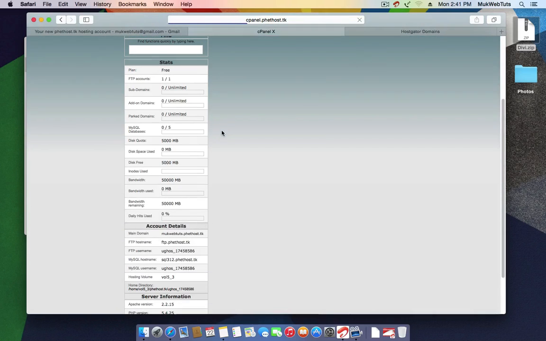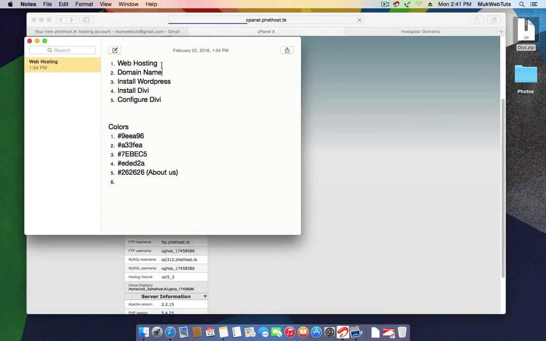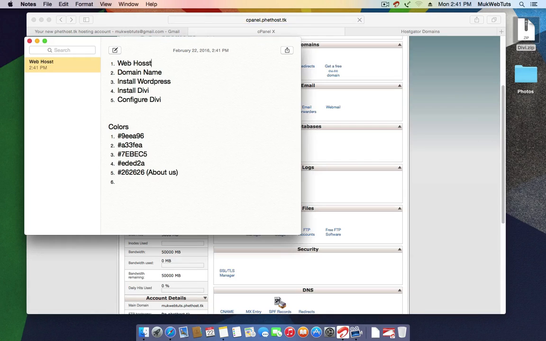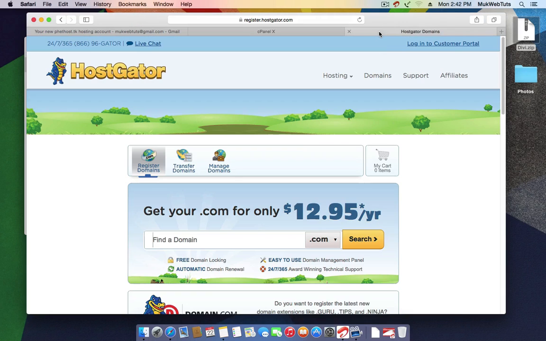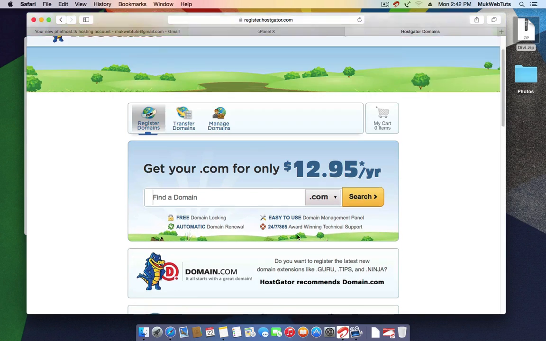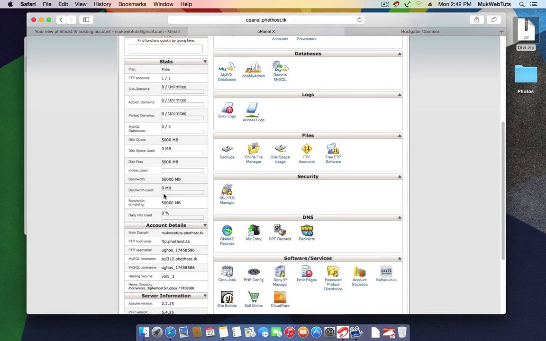So far right now we've got the free web hosting. Okay, we are done with the web hosting. We've got web hosting, which is free. If you want premium hosting, you can go to HostGator to get premium hosting. And currently I'm going to be using the Fethos subdomain that I have here,